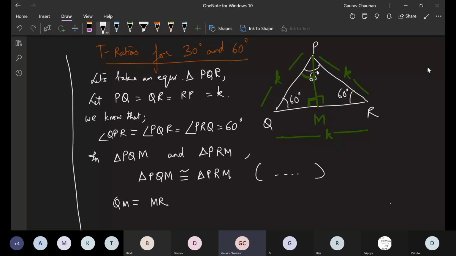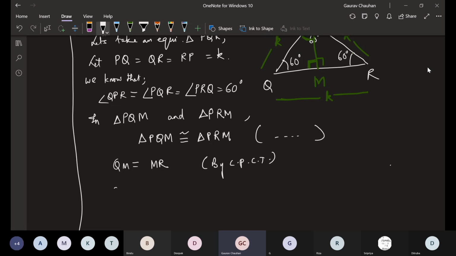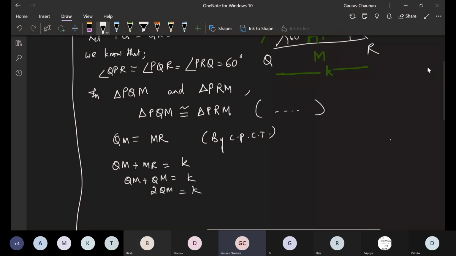Correct observation, Dilruba. This is by CPCT. By CPCT, QM is equal to MR. Now, QM plus MR is equal to K. So we can write QM plus QM is equal to K. Basically, 2QM is equal to K, or QM is equal to